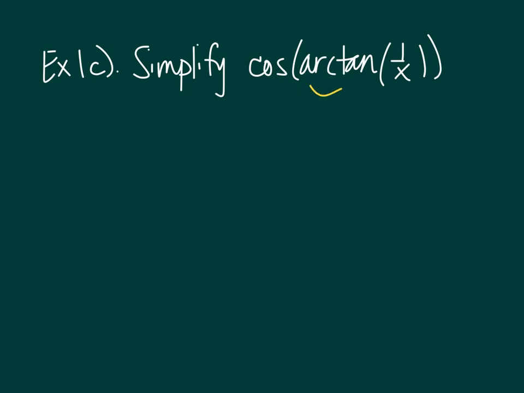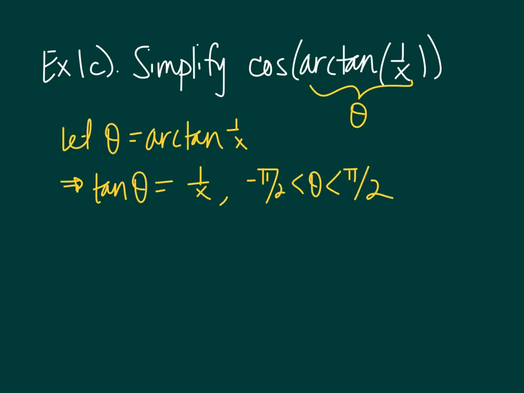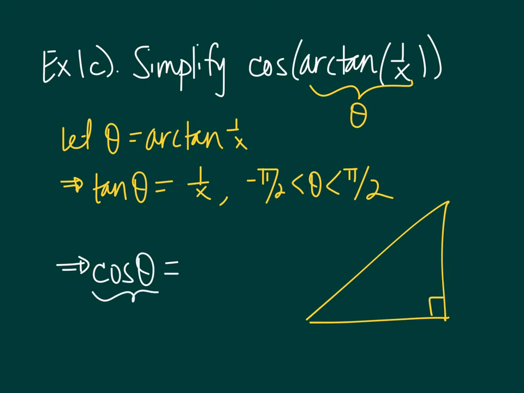Okay, and lastly we have this one, so let's let this be theta. Okay, and then we'll draw a reference triangle. And again, because we're interested in cosine of theta, on this interval, we know this should always be positive. And so we're just going to take that into account. First, let's just think of theta as being between 0 and pi over 2. So then this reference triangle, opposite over adjacent, is going to give me square root of 1 plus x squared for my hypotenuse,